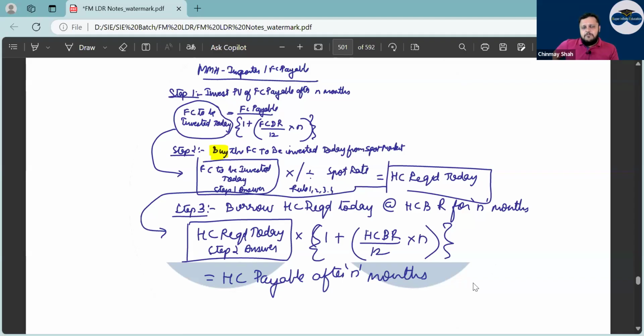Any doubt in this? At least if you are my student, this should be very thorough because we have done a lot of detailed analysis of this. Any problem, anyone? Want to go into detail of anything? No? Can I go ahead then?